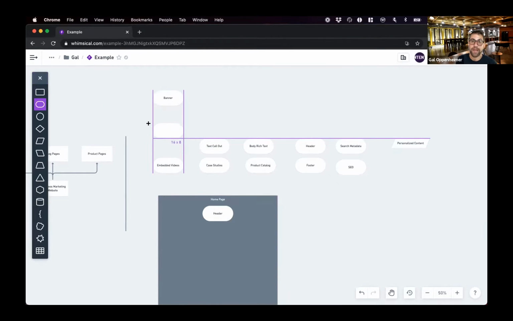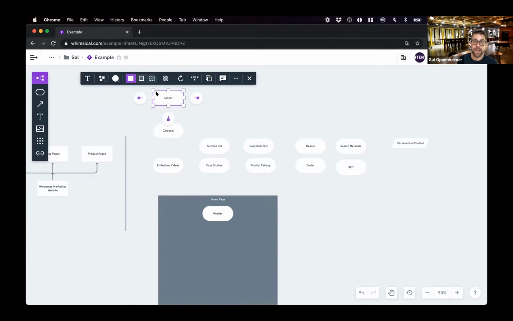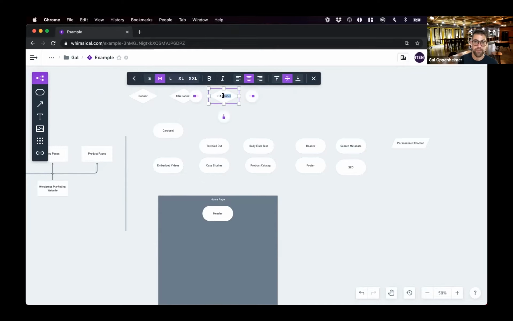So I can update the banner functionality to a carousel, and allow for 3 or 4 different versions of this. I might have my banner, I might have a CTA element with a button, like CTA stands for call to action, in case you're not familiar with it, or I might have a video.